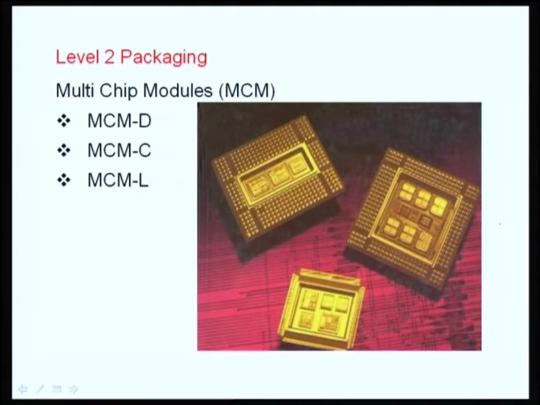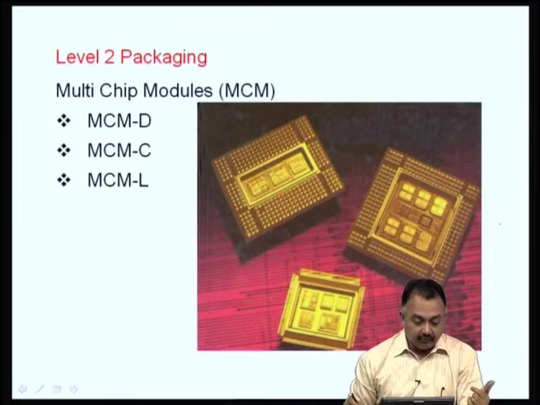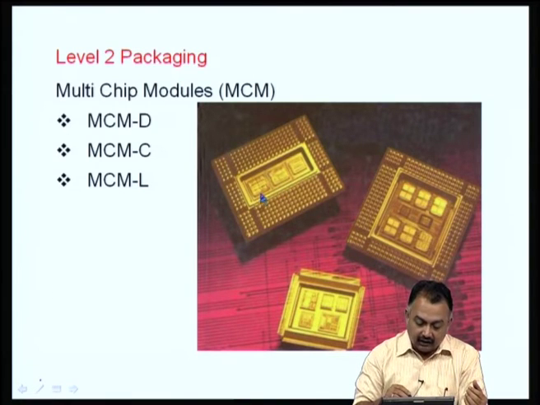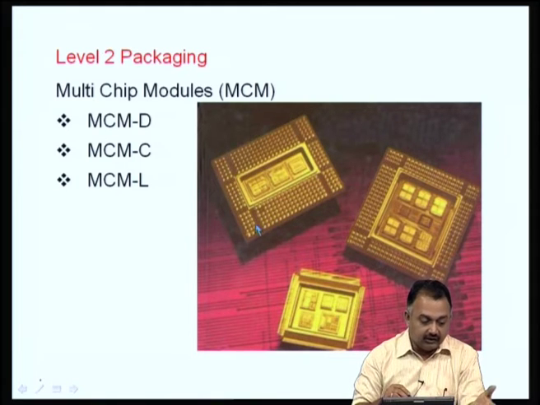Level 2 packaging, as I mentioned before, and by this time you must be aware that it is an activity where a group of dies here, as you can see, are mounted on one single substrate. You can see in this particular figure there are 1, 2, 3 dies, and they are interconnected between themselves on the same substrate, and the output is in the form of IO pins, okay, similar to the Intel processors that we see. This is the output in the form of pins.